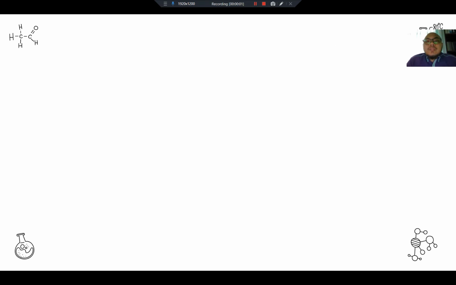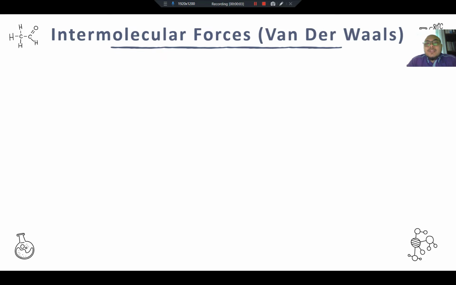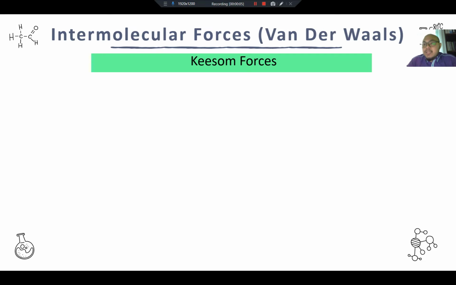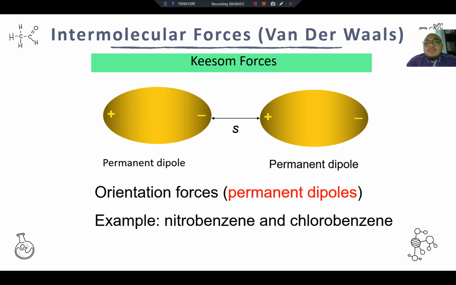Now let's go to the first intermolecular force that we learn today, which is the Keesom force. Keesom forces involve dipole-dipole interaction. What compound has a dipole? A compound that has a dipole is a compound that is permanently polar. For example,